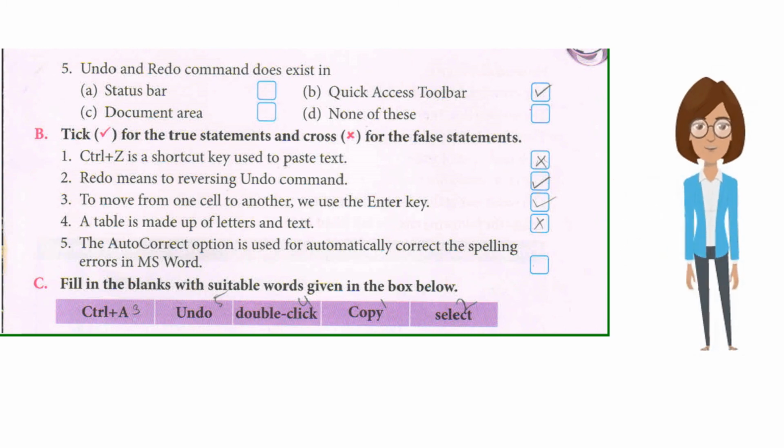To move from one cell to another, we use the Enter key. Tick, correct. 4. A table is made up of letters and text. Cross, false. 5. The autocorrect option is used to automatically correct spelling errors in MS Word. Cross, false.